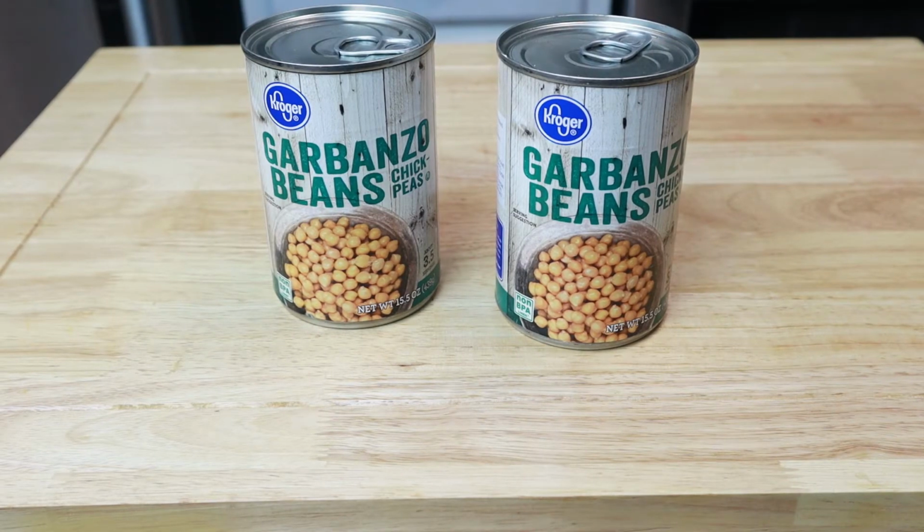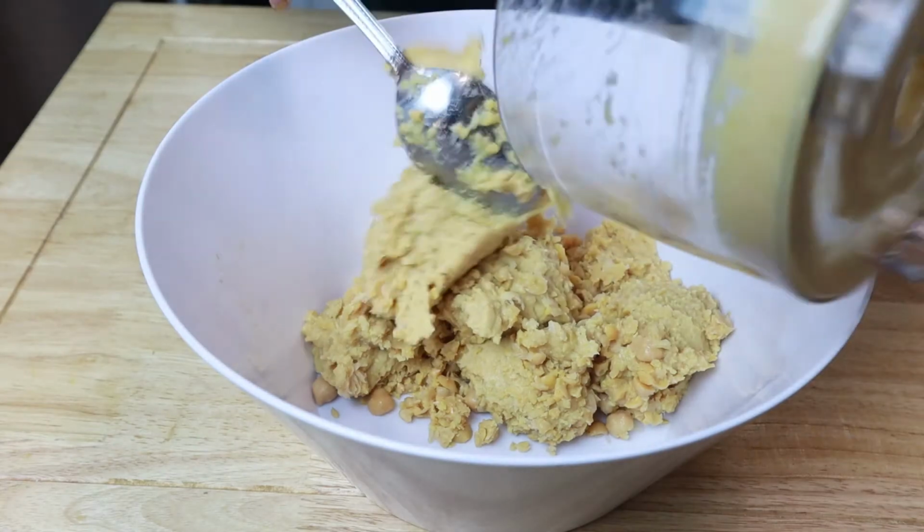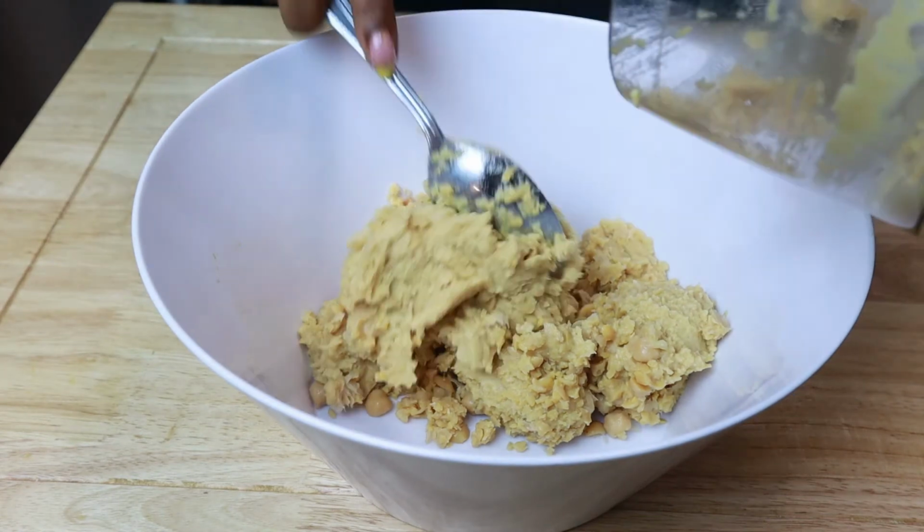First, we're going to start off with two 15-ounce cans of garbanzo beans. We're going to place them in a food processor. Once they are all blended up, we're going to put this in a large bowl so we can add the